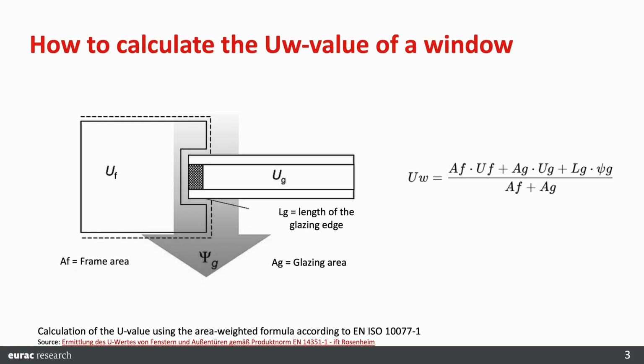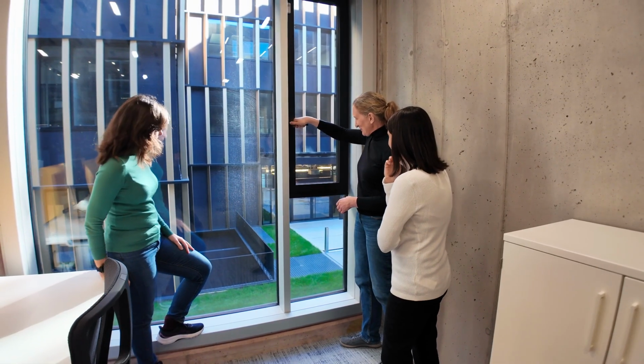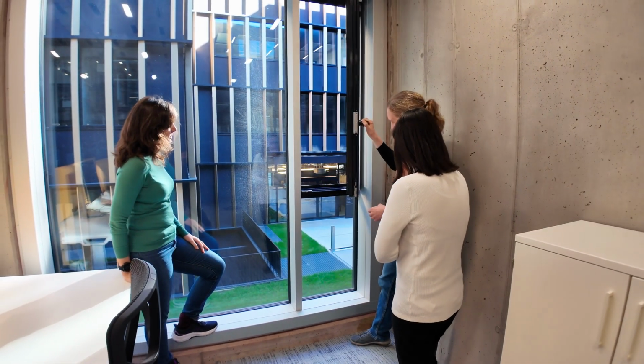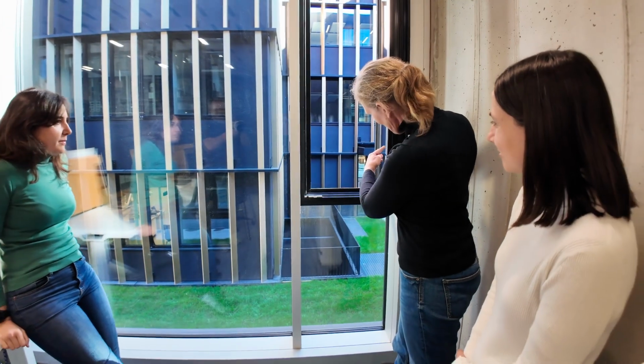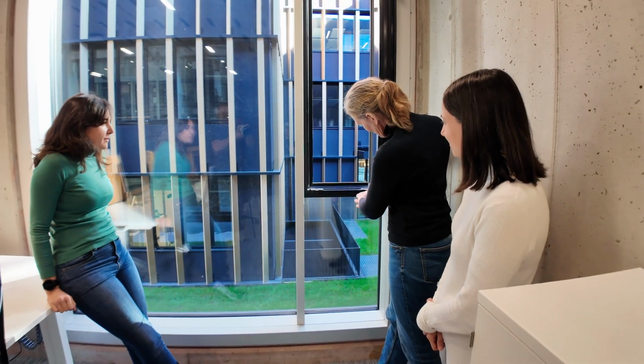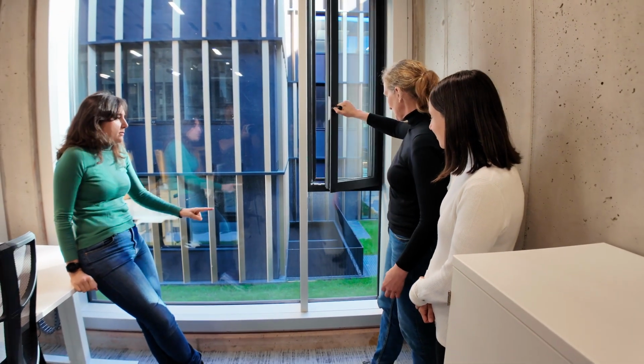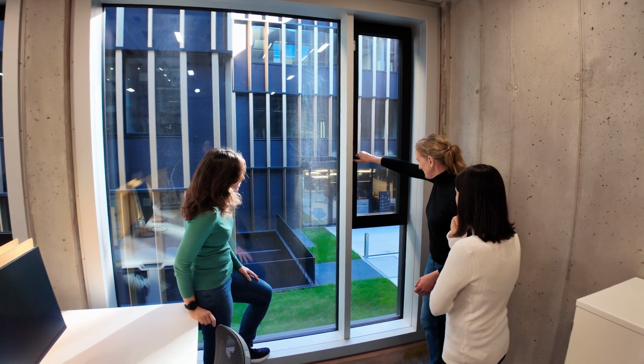to their dimensions. So, if I understood correctly, the strategy is to break the window into the components that make it up. So we have the frame, the glazing, and then there is the thermal bridge, which is this area between the frame and the glazing, correct? Exactly. Okay, the psi value.